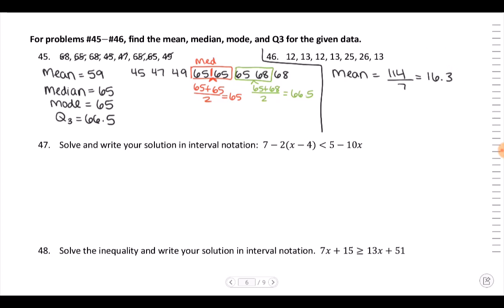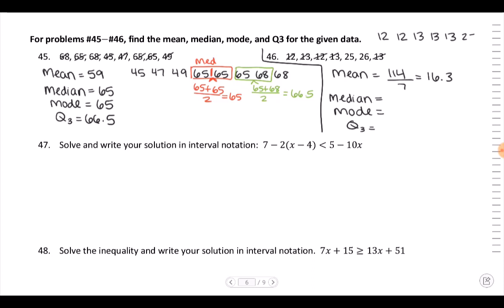On the answer key, they have 16.286. So I guess it depends where it asks you to round to. So that's your mean. And then your median, again, you would have to write all your numbers out. And then your third quartile here. So if I put these all in order, least to greatest, then I'm going to have 12, 12, I need 3 13s, it looks like,